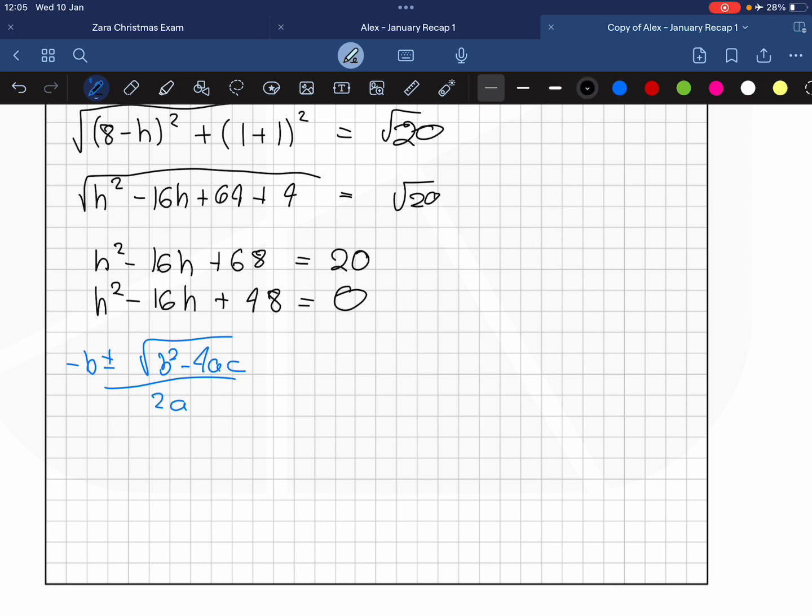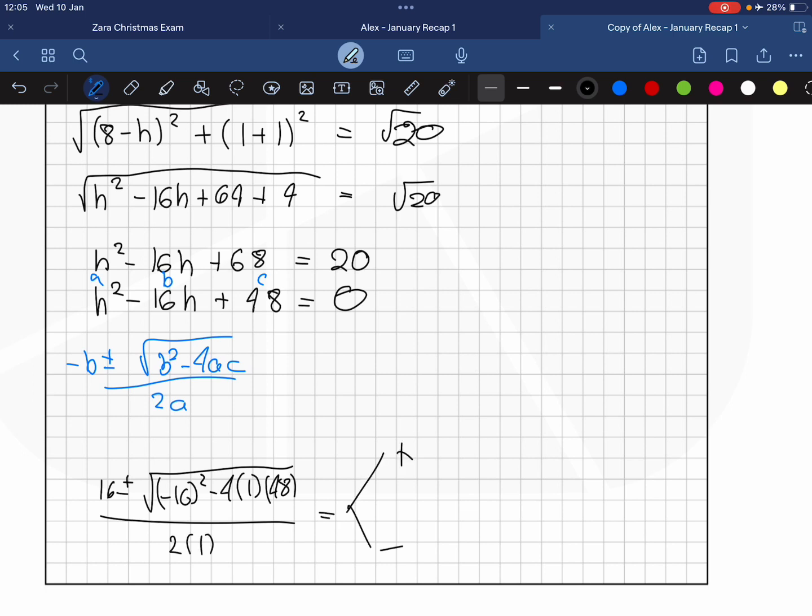So if we do that, we're going to have our a, b, and c. So we end up with 16 plus or minus the square root of minus 16 squared minus 4 times 1 times 48, all over 2 by 1. We're going to have a positive and a negative. So if we do it positive first of all,